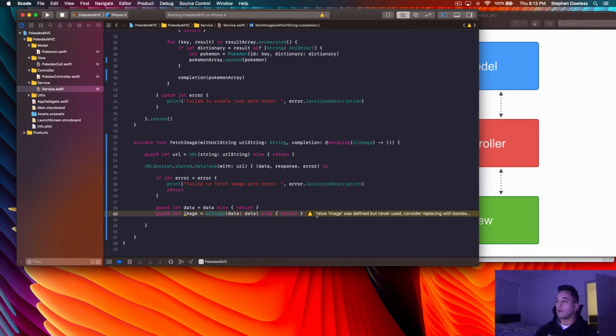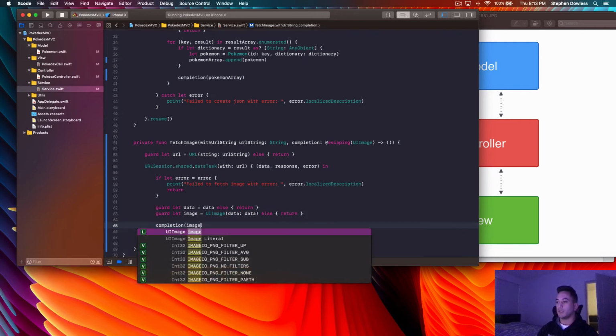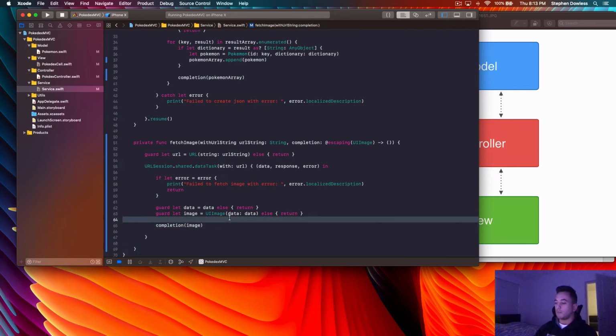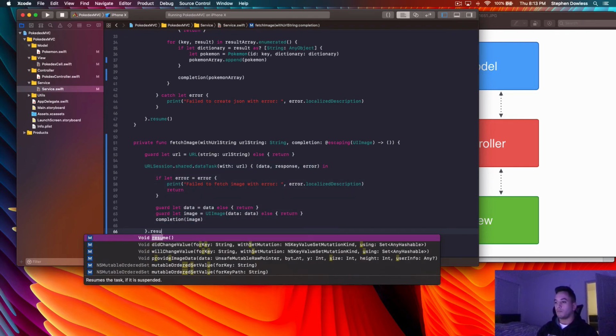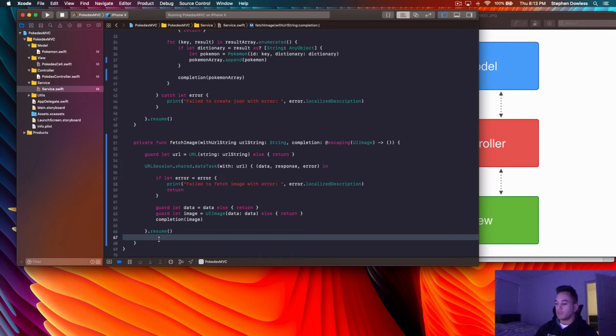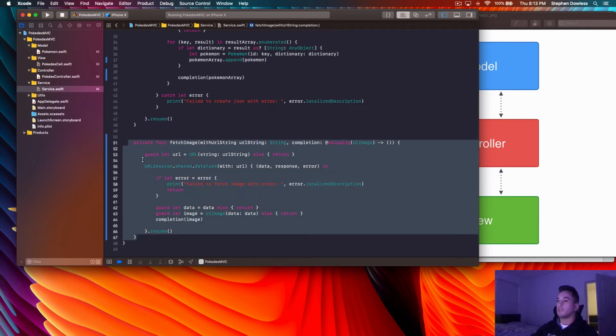So now let's handle our completion. We just go down here and say completion image. And before we move forward, we need to remember to implement our .resume, and we're good to go. So that's all we need to do to fetch this image, guys.